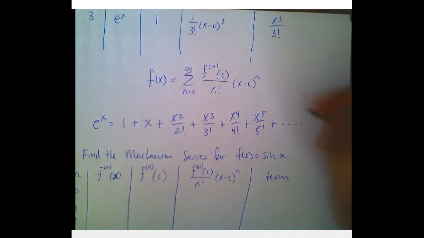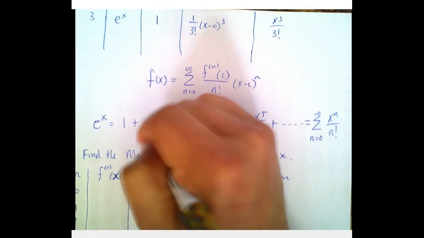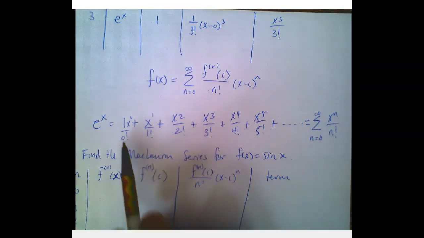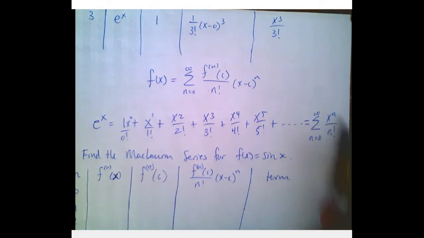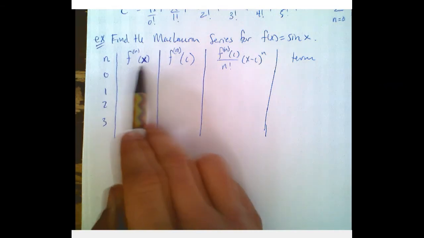Oh, and by the way, we can actually represent this as a summation if you notice the pattern. The summation for the previous example is x to the n over n factorial. This is like x to the 1st over 1 factorial, x to the 0 over 0 factorial, and so forth. So you can see that pattern. We can condense this into sigma notation here. Okay. All right, so if n is 0, we get the 0th derivative of our function,